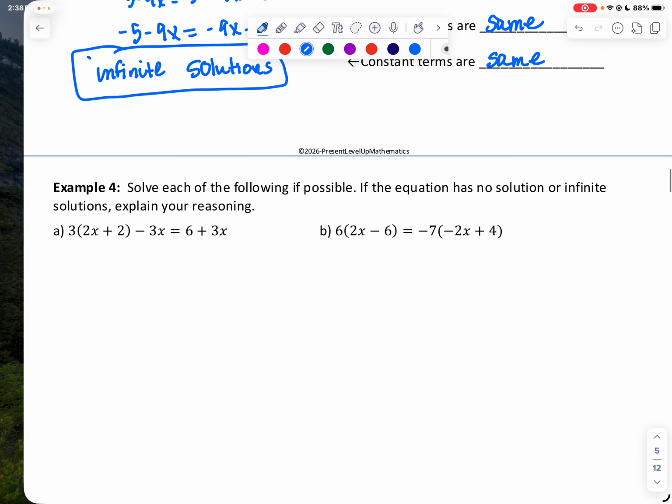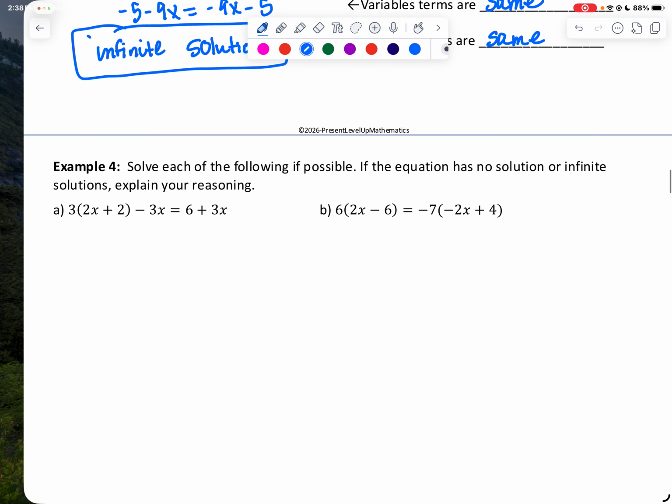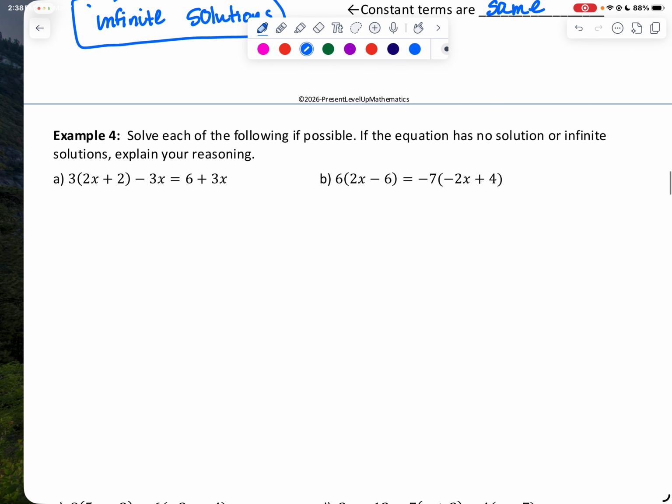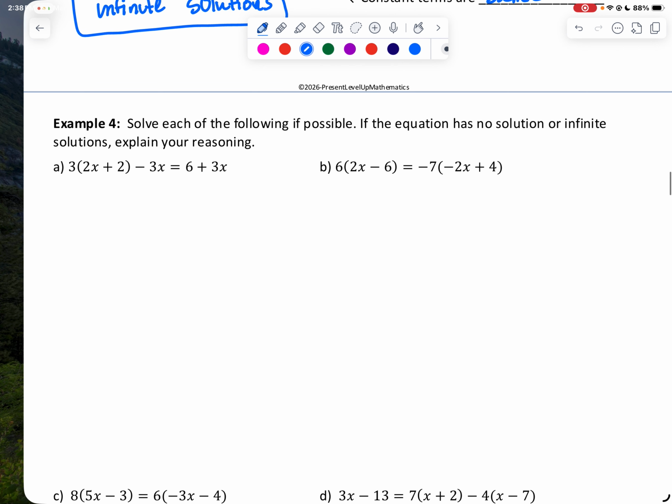All right, example 4. Solve each of the following if possible. If the equation has no solution or infinite solutions, explain your reason. So let's start with problem A here. We'll distribute the 3. 3 times 2x gives us 6x. 3 times 2 gives us 6 minus 3x. Here we have equals 6 plus 3x. Combine like terms. This would be 3x plus 6 equals 6